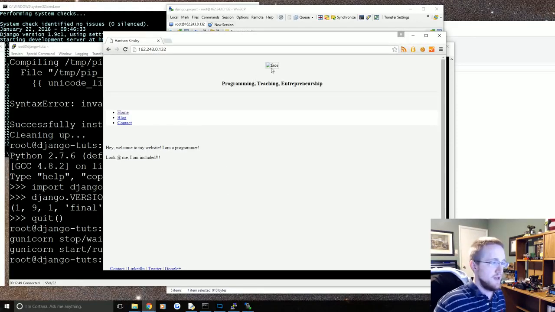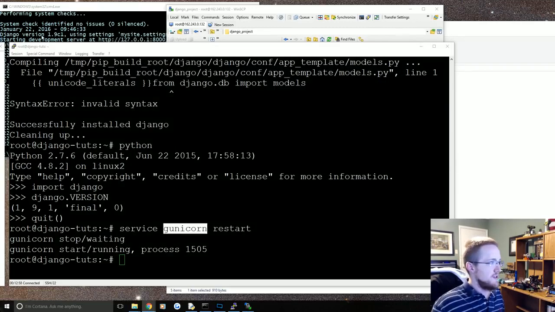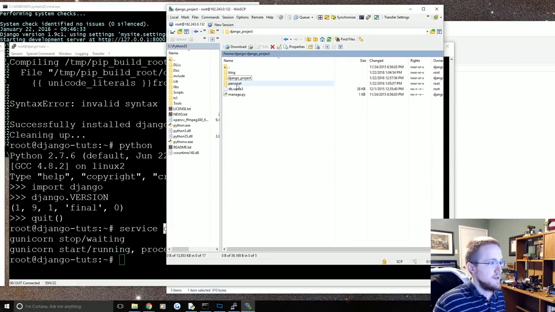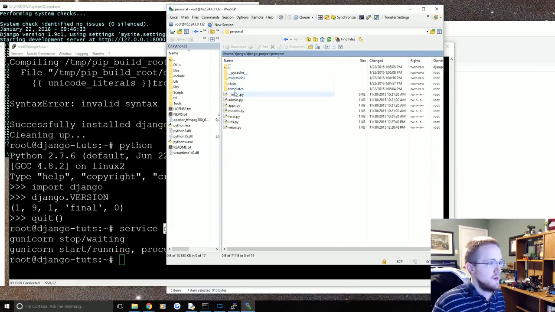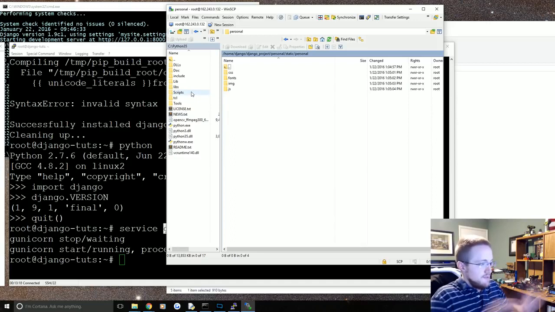you're still missing a few things, right? Our images are gone, and it looks like we're not pushing any Bootstrap, right? There's no CSS here. So moving this over, we can go over here and we're like, hey, what's going on? Basically, if you recall, our CSS is supposed to be in personal and then static and then personal, and then we've got the CSS, fonts, image, JavaScript, all that. So normally it should work just already, but